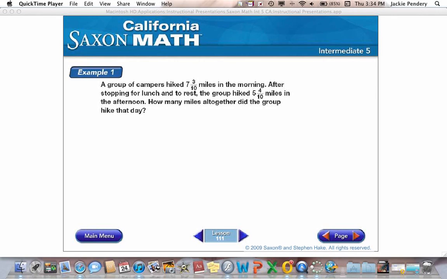A group of hikers hiked 7 3/10 miles in the morning. After stopping for lunch and to rest, the group hiked 5 4/10 miles in the afternoon. How many miles altogether did the group hike that day? Rule number 1, you must write these vertically. It will be much easier, particularly when we get to subtraction. So we start by writing our whole number, 7 3/10,